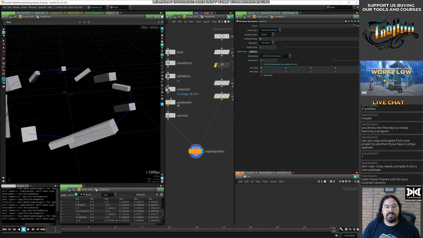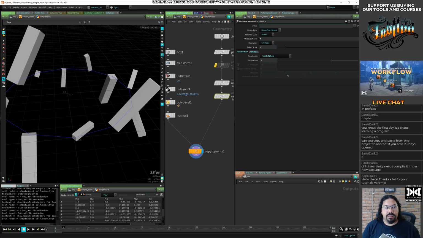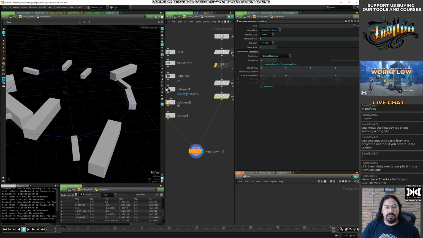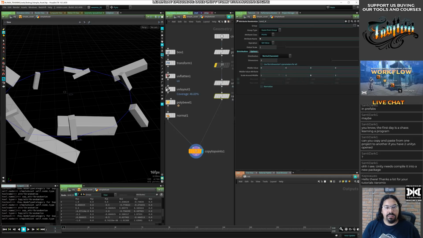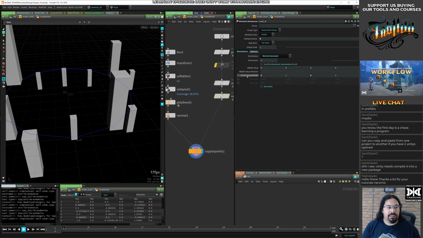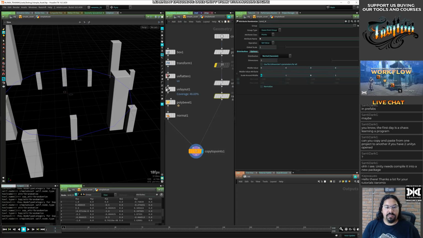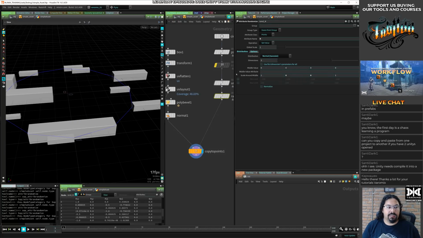So let's just say no, I don't want that. I want the Gaussian 0. No, I want 0 here. Do I? No. I just want them to rotate on.